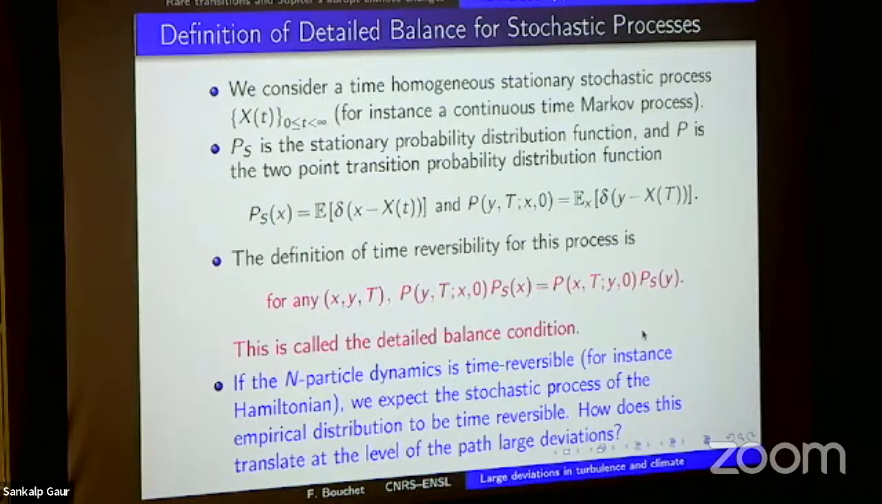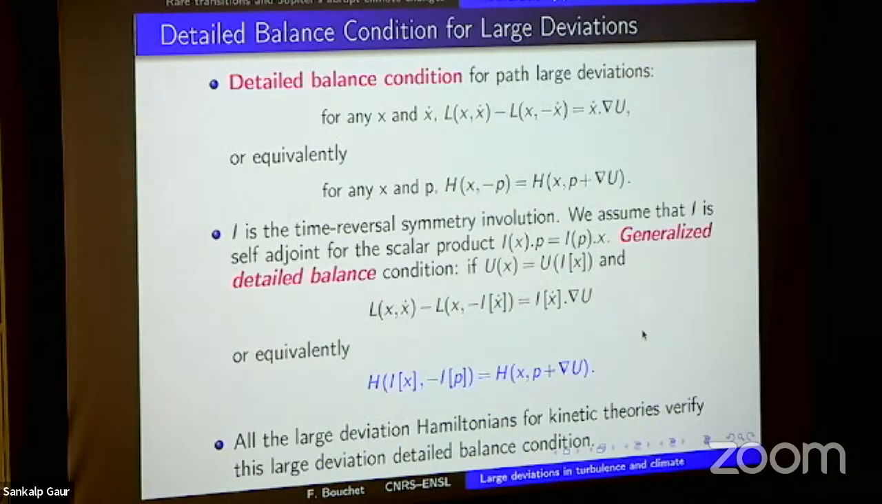the n particle dynamic is time reversible, for instance Hamiltonian, then we expect the stochastic process of the empirical distribution to also be time reversible. Then we should be able to write the consequence of this detailed balance on our large deviation principle. And so if you do that, again, it's a simple exercise that I do not reproduce here. You see that detailed balance at the level of large deviation appears as a symmetry for the Lagrangian or for the Hamiltonian. And so